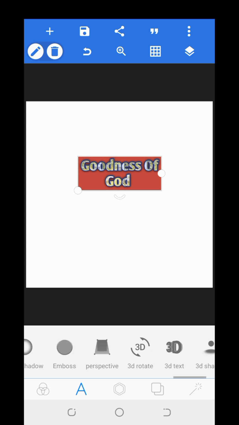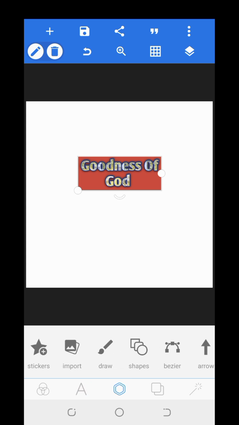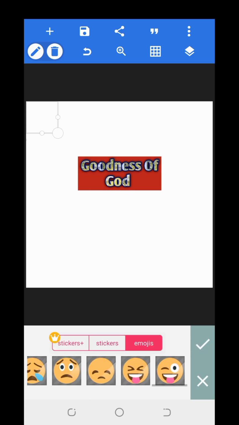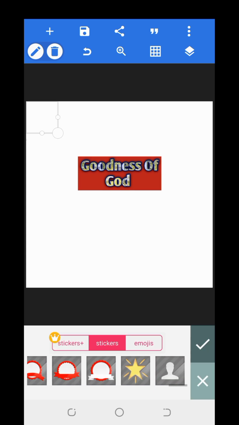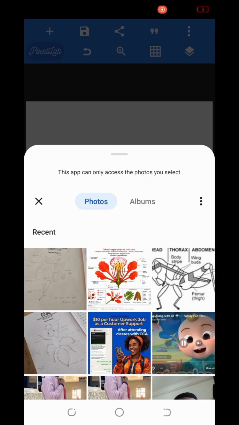So let's move to the next one, the next icon. So this center icon here. So the first one here we have the stickers. So this is it. This is what is here. Then the next one is import. Here you can bring in image,